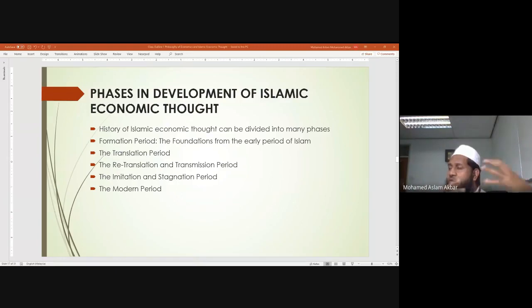Then from there, it went to Turkey. From Turkey, it is actually moving to European countries. So, how did it happen? Through the retranslation. The period before the Western Renaissance is termed a translation age. Even the Western Renaissance also has the term translation age, but our translation age was even before that, because